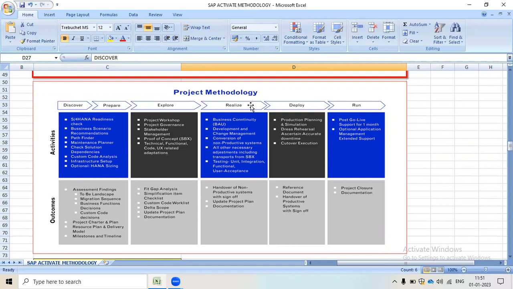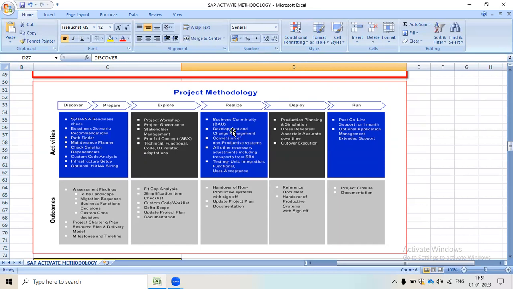In the fourth phase, realization, these are the activities we need to do: business continuity, development and change management, conversion of non-productive systems, and all other necessary adjustments, including transport from SBX, and testing: unit, integration, functional and user acceptance.